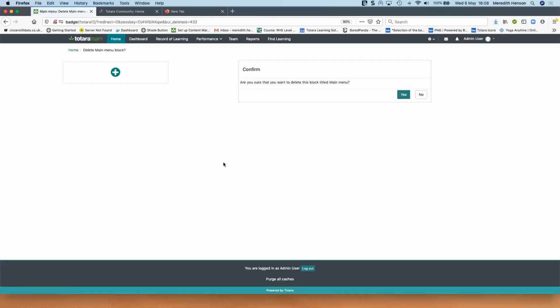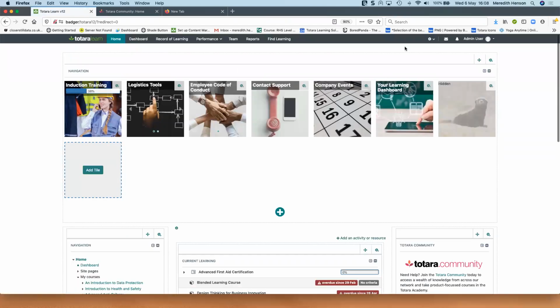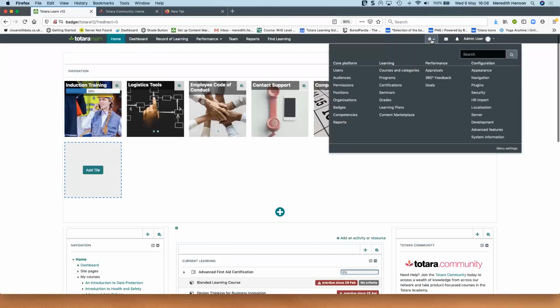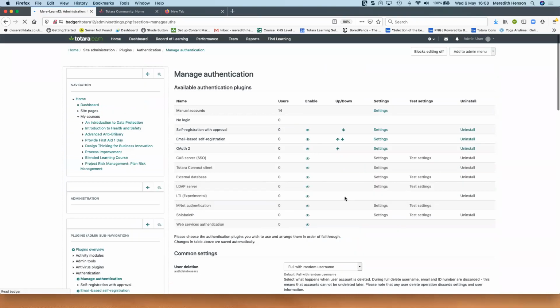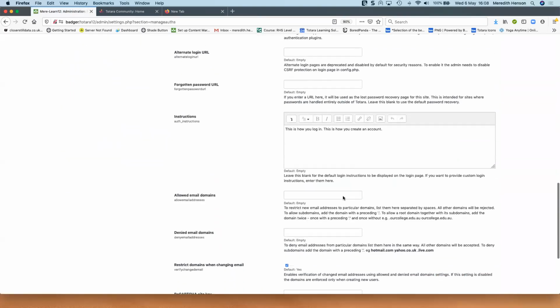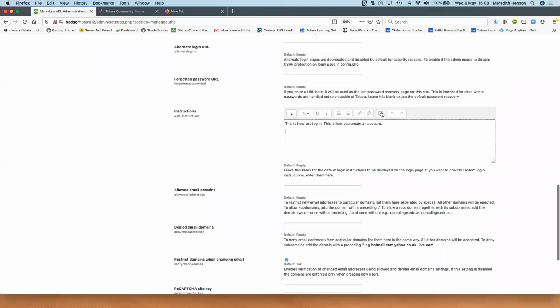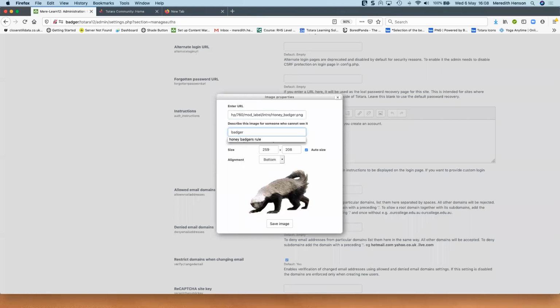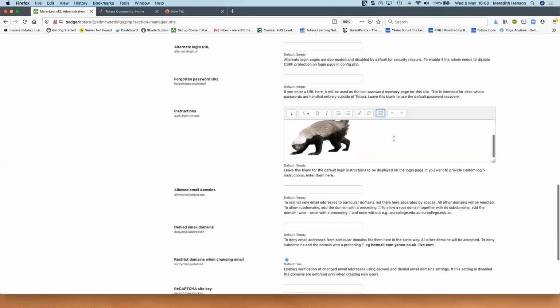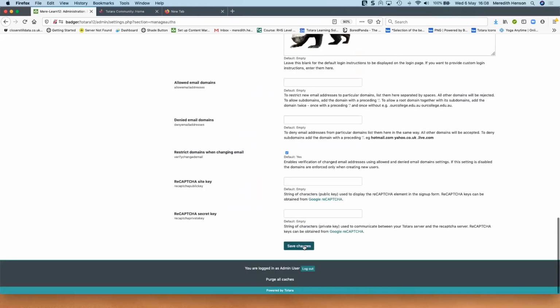I can then delete that main menu block. Just drops down to the list of possible blocks I can use, and I can head back over to my authentication options. Here. And if I want that image in there, now I can add that image in and paste in that link. Oh yeah, that's about right. And I can save that image. Now if I go back and save these changes